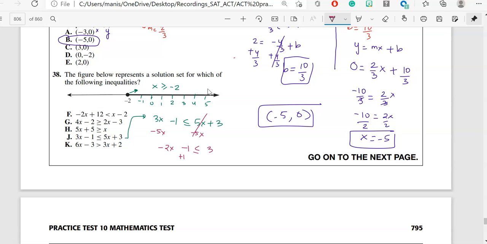Then I will add 1 to both sides. So this is cancelled out. It is negative 2x less than or equal to 4. Then I will divide by negative 2. Now do keep in mind, whenever you are dividing by a negative number, you have to change the direction of the inequality symbol. So my solution and this solution both match. So option choice J is the correct answer for this question. Do keep in mind I have done all of those in my head. Just for the best interest of time and space, I have already shown you the correct answer choice.